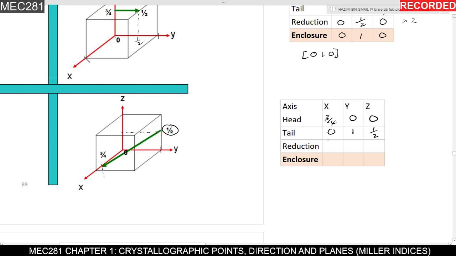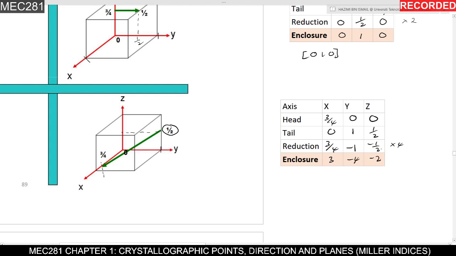So head minus tail is 3/4. This is 1, this is minus half. So you have to convert to the smallest integer. If you times 2, you still do not get an integer from 3/4, so you have to times with 4, right? So times 4. So 3 times 4 is 3. 1 minus 1 times 4 is minus 4. This is minus 2. Okay,